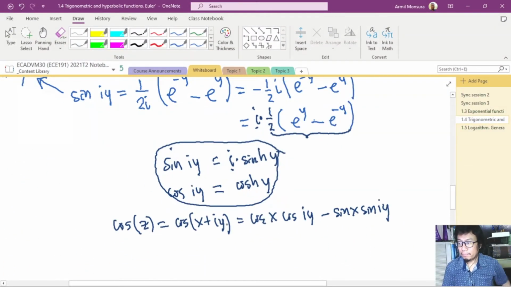We see that we can simply replace cosine of iy with hyperbolic cosine of y, so that it would allow us to evaluate that number. And in the same manner, we can replace the factor sine of iy as i hyperbolic sine of y, so that we establish that cosine of z, where z is a complex number, equals cosine of x,